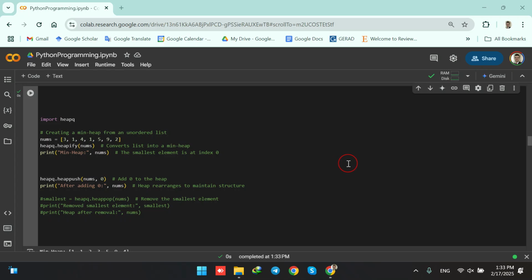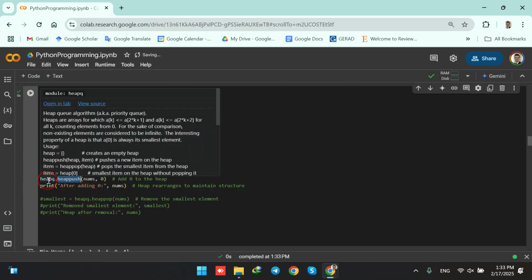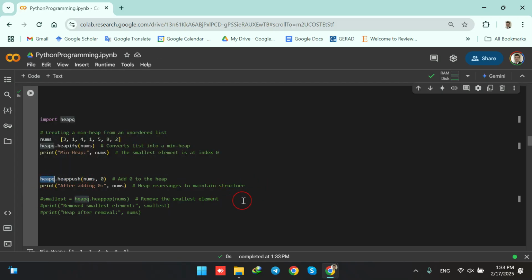Hi, welcome back. In today's video, we are going to learn how we can add one number to our heap. In order to add a number to our heap here, we are using the heappush function. So we write down heapq, which is our imported library here in Python. Then we use heappush to push a new value to our heap, and then we need to have